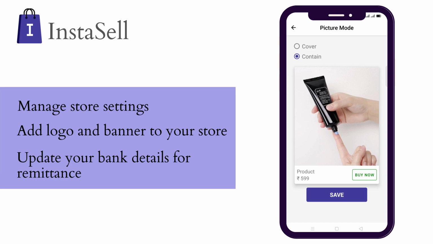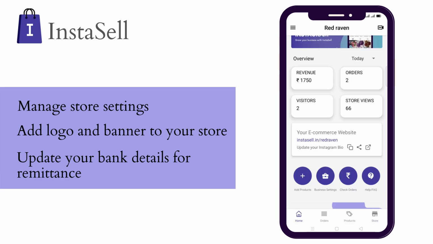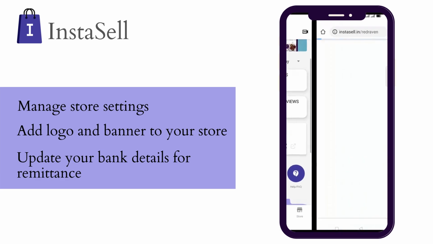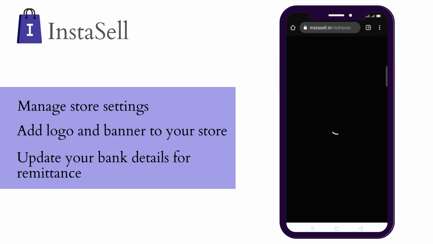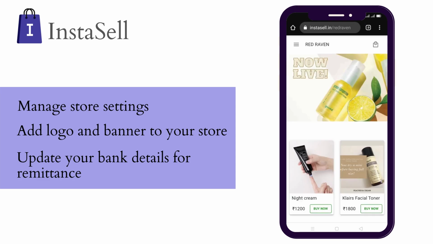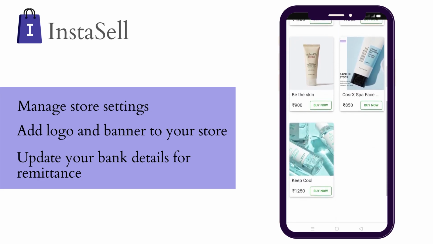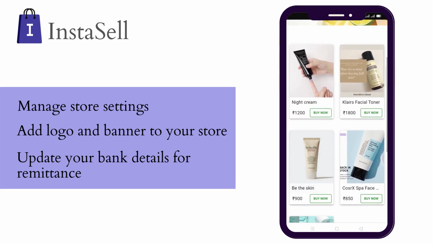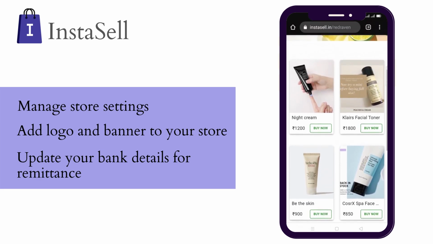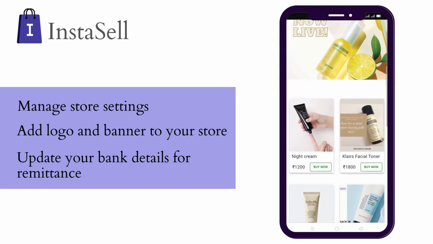This would get reflected on your website, which you can see. So let's change this to contain and check how it looks on the website. We go back to the home screen and click on the preview button here. So now the website is being loaded. As you can see, all the images are bigger now, and it is covering more area. So this is how you can change it based on your product.